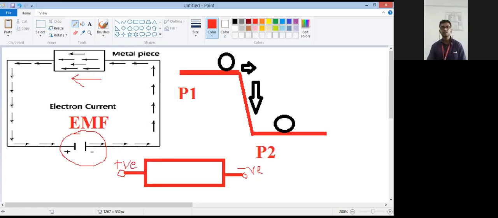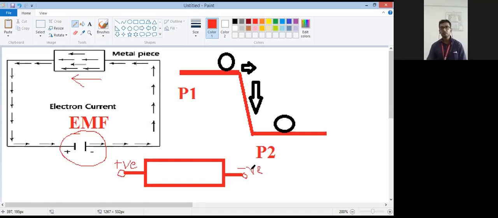Here you are connected the positive terminal. So when you are connecting this positive and negative terminal, in case of electron, the negative terminal is at lower potential, okay, and the positive terminal is at higher potential. So because of this, the potential difference is created between these two terminals. Hence, current starts flowing from the positive terminal towards the negative terminal.